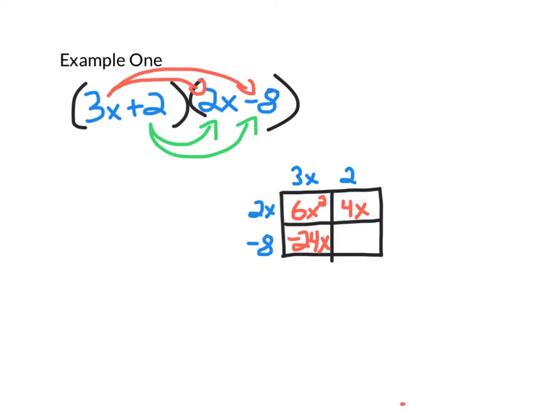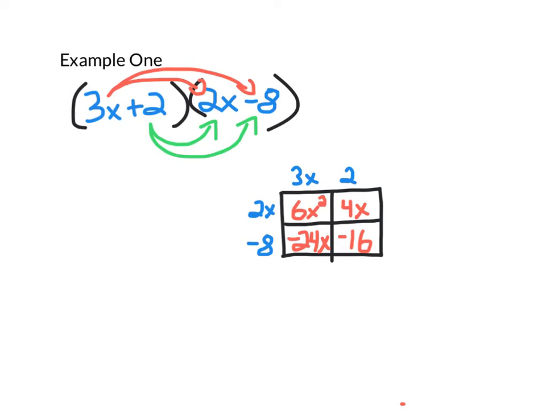And then finally, we have this last box, which is going to be 2 times negative 8. Well, 2 times negative 8 is negative 16, so we would just write negative 16. All right, so we have completed our box, and now we just need to determine our answer and write it in our